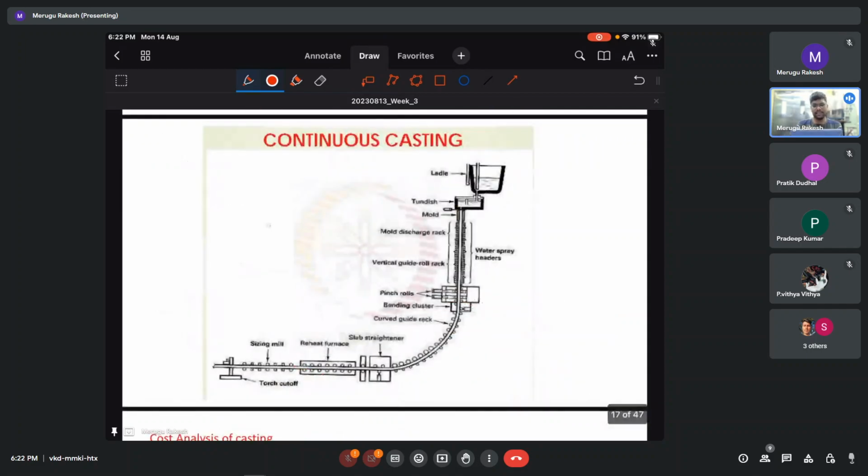So the final one is continuous casting. This is typically like direct casting, in which if you want to produce big billets or railway lines, very big billets, we can directly